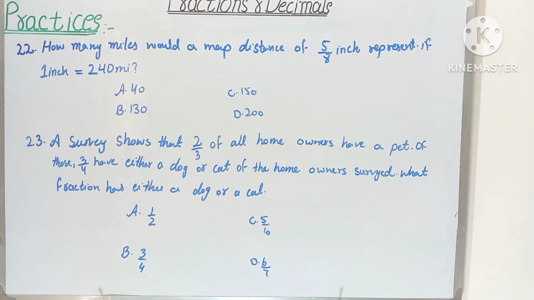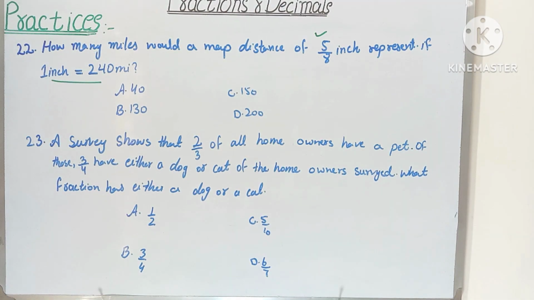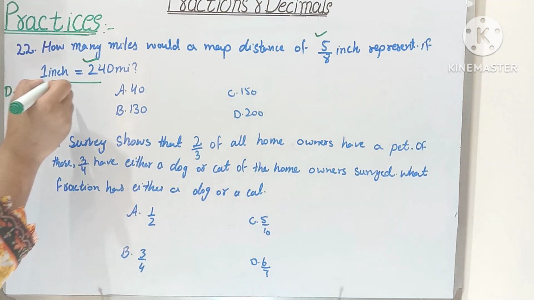Question number 22. How many miles would a map distance of 5/8 inch represent? If 1 inch is equal to 240 miles. Determine how many miles a map distance of 5/8 inch represents, given that 1 inch is equal to 240 miles. To solve this, we use a simple proportion based on the map scale. Map scale: 1 inch is equal to 240 miles. Map distance: 5/8. What we will do: distance in miles equals map distance in inches